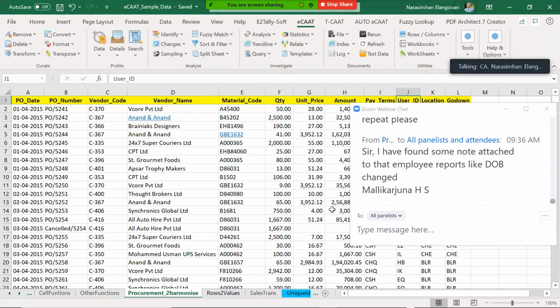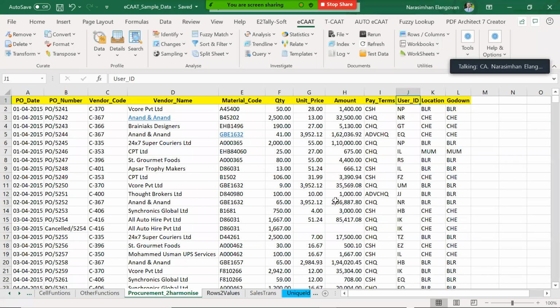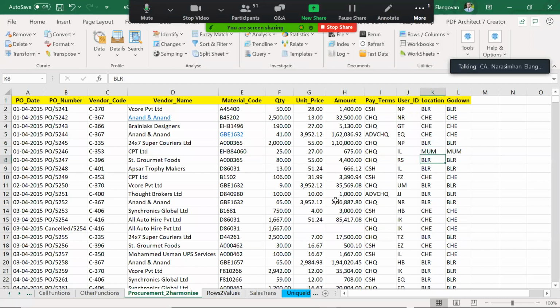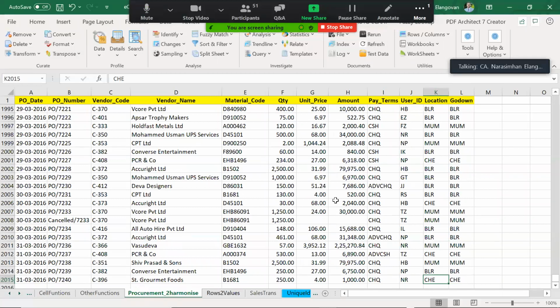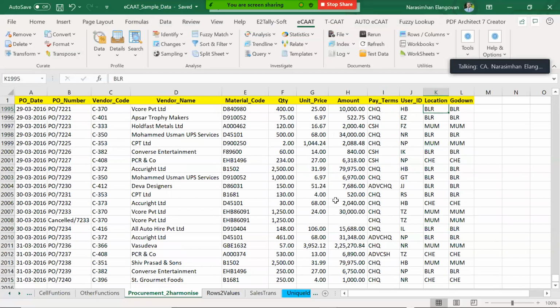That is because you have also chosen the notes. Who is the person who's changed it? You might get it. You're saying Mallikarjuna HS has changed it. That is because somebody has actually done a comparison. Okay, for the time being, I'm not sure whether this will give the right exercise, but let us give it a try.